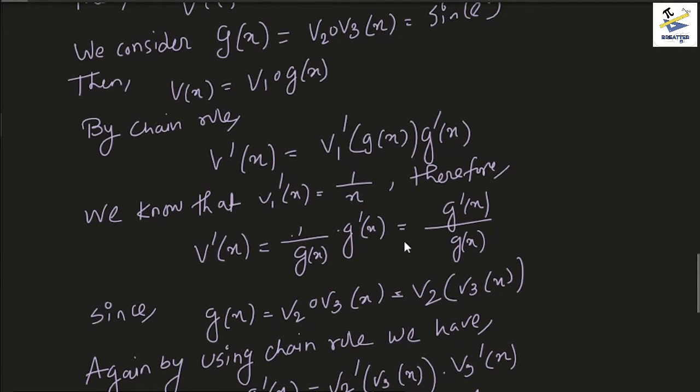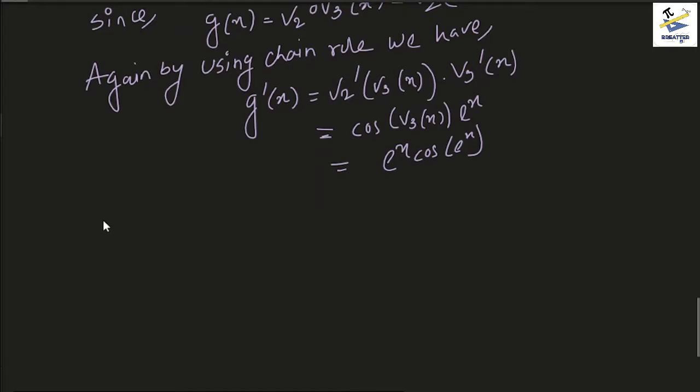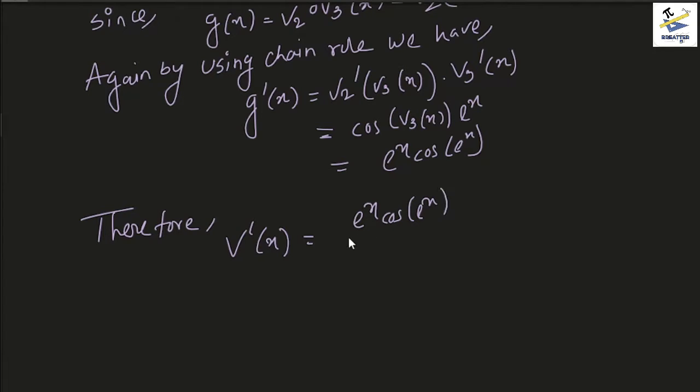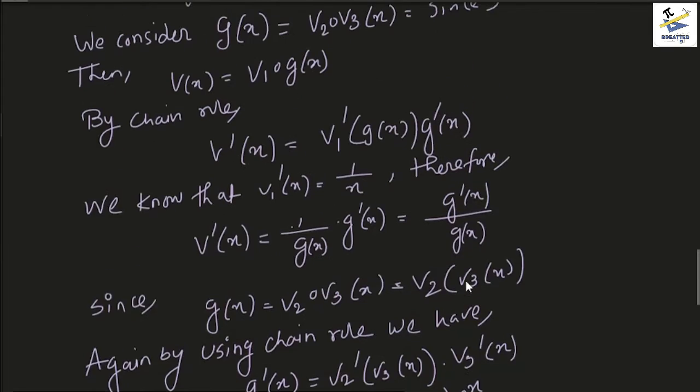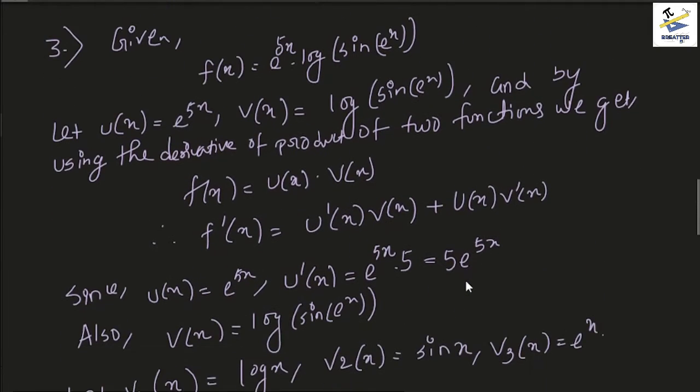Then the actual answer would become, therefore, v prime x equals e to the power x cos of e to the power x divided by sine of e to the power x, which would just mean e to the power x cot of e to the power x. This is v prime x, and we go back to the top